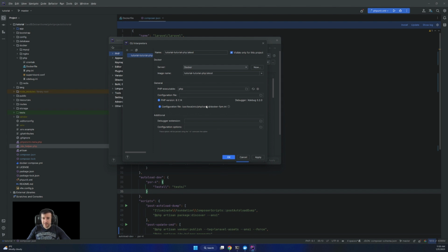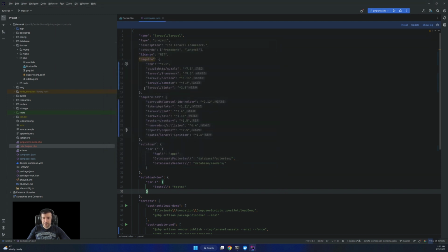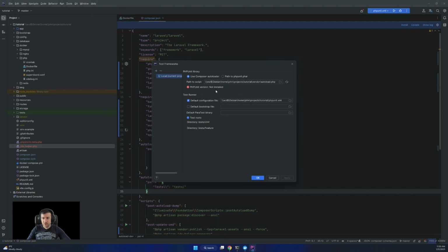So like this, I have the configuration. Xdebug is also configured, so I'm going to apply. I want to connect Xdebug as well, so we'll connect that in there as well. So I apply and I have PHP connected. I want to do the same for PHP unit.